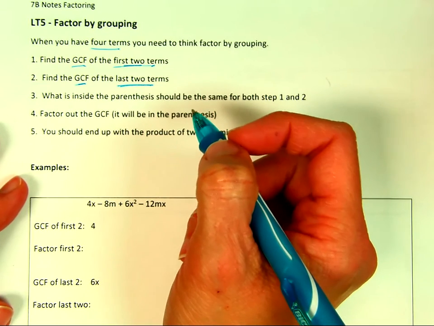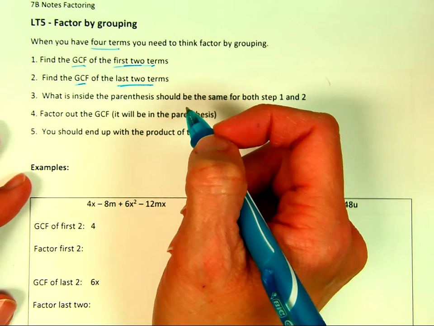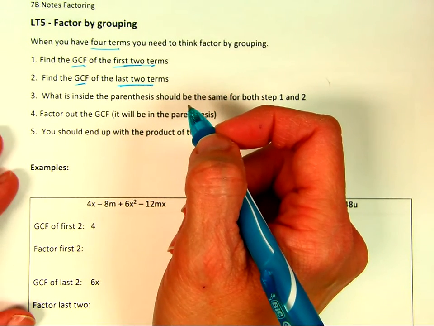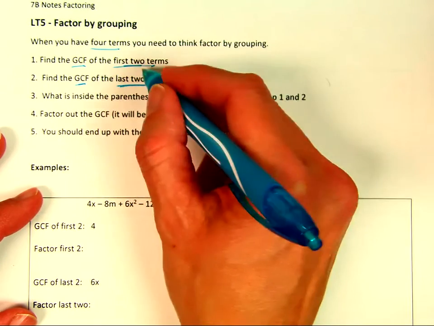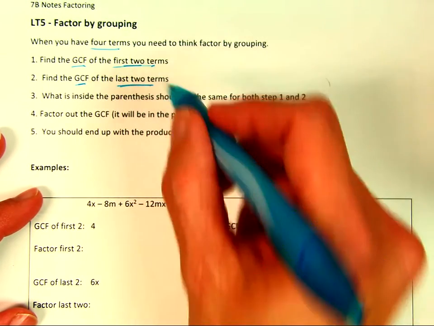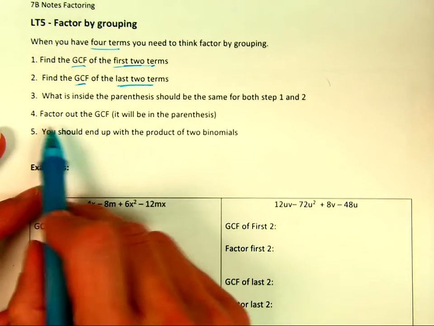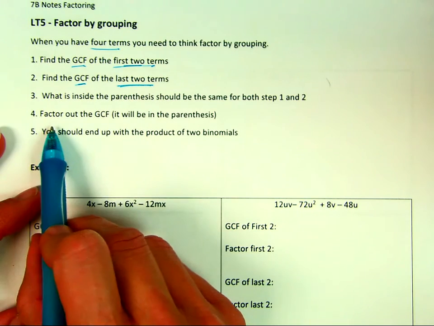And again, they probably won't make you switch terms around, but at the next level, sometimes you have to move 2 terms around in order to get it to work. But at this level, we're not going to do that. I might show you an example of that. But